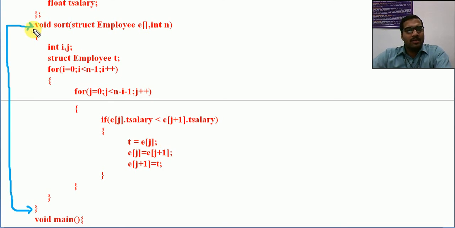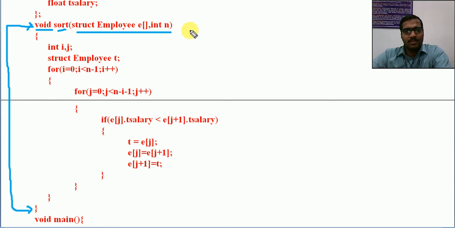Now look at the function definition. Void sort, it is not returning anything. Sort is the name. Look at the parameters here. If it was a normal array, what would we write? int a of empty, right? Similarly, here it is a structure, so struct employee e of empty. You can use a different name also here, no problem.